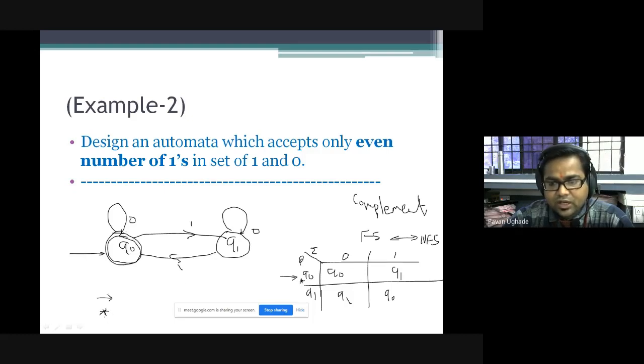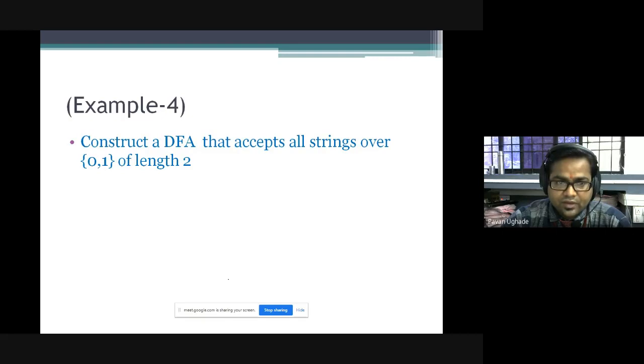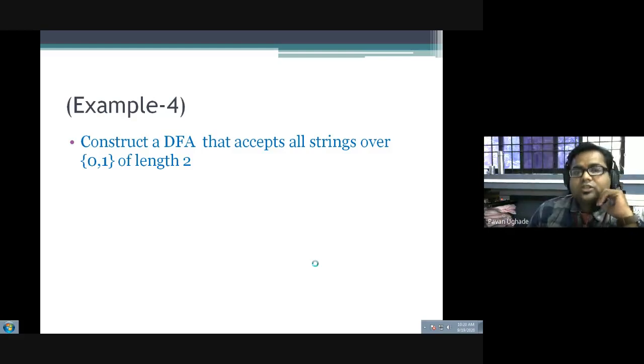With this transition table I think you are able to do step 3, that is your transitions, where you are going to represent the transitions, and step 4, which is nothing but the complete automata representation. Yeah, so in this way you will be giving the answers for example 3, example 4, as well as example 5. Okay, so this is how you will be giving me the answers for all those things.